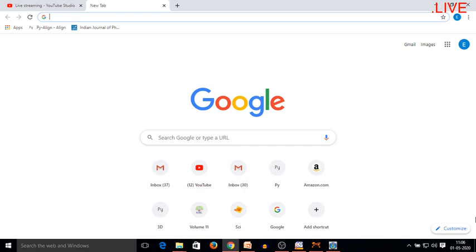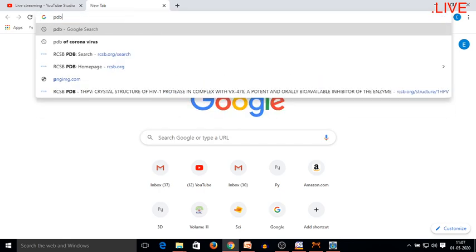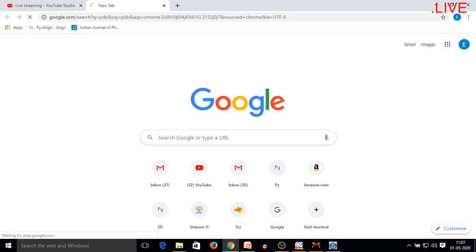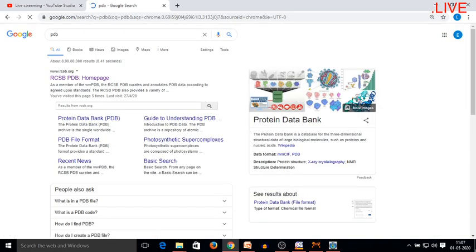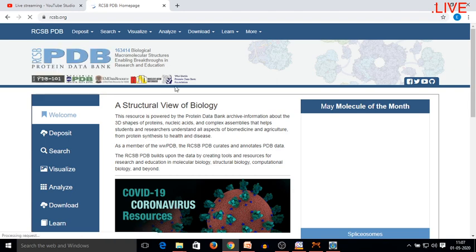Now the point is how to download the target. So viewers, you have to write in Google PDB. So once you write PDB in Google, this is the basic page that is available, and a site named as www.rcsb.org opens at the first dialog.